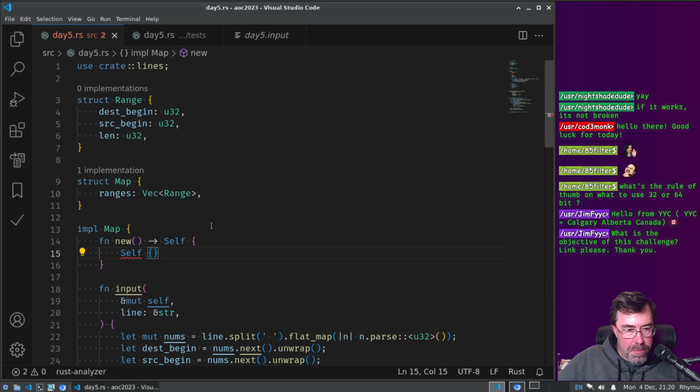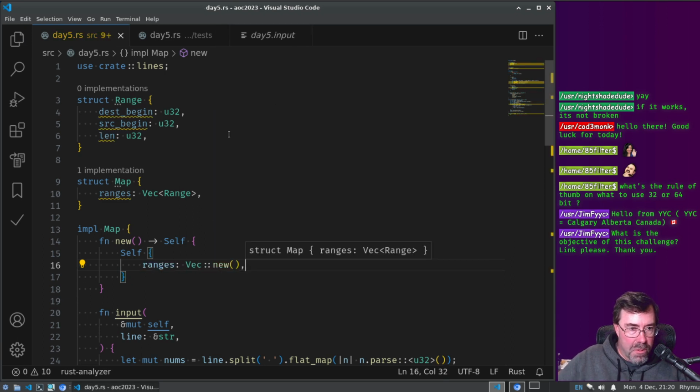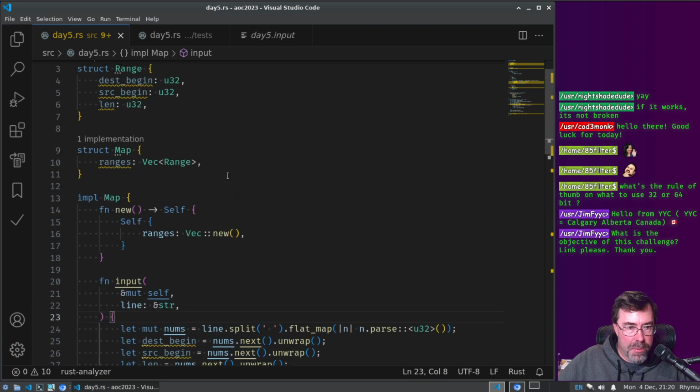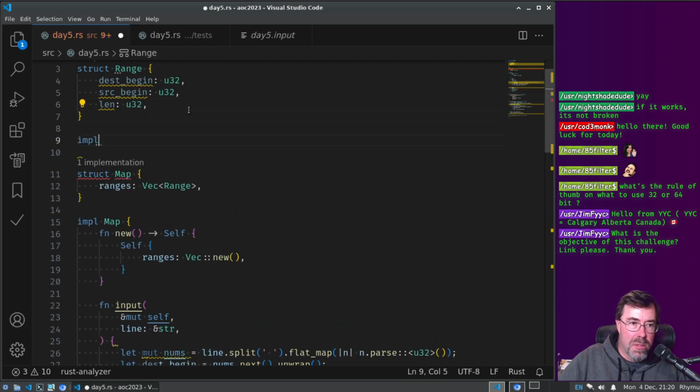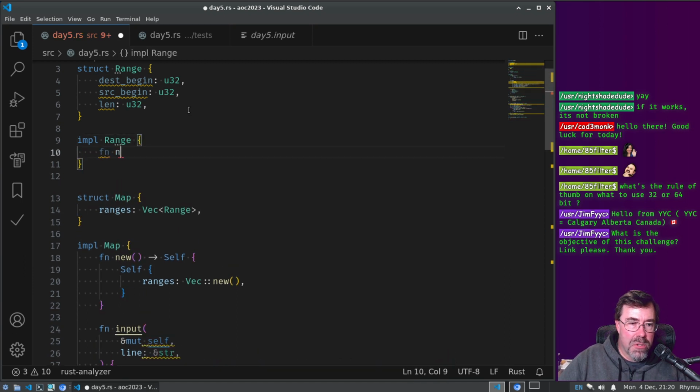All right, so this is going to have a ranges, which is empty. Okay, and then I think I want to move that one into a new for map, or for range. So impl Range, function new line, I guess.